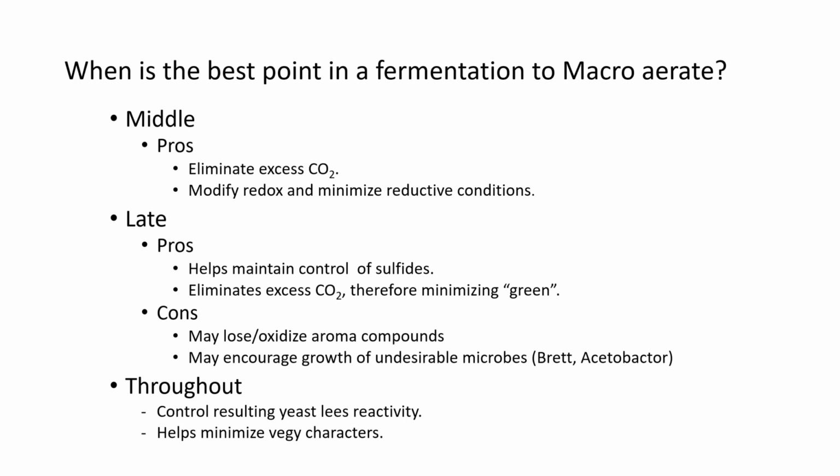So again, early, I like it, but you have to be aware of the conditions of things. The middle, the pros, really helps eliminate carbon dioxide, and with that, a lot of the volatile, undesirable aromas that you may not like, pyrazines. Late, really helps to maintain the control of sulfides,